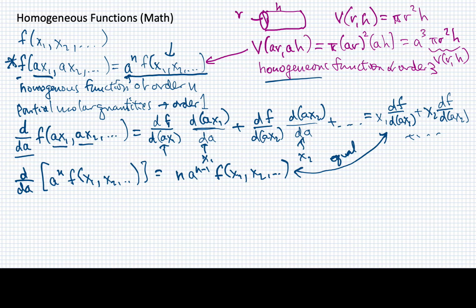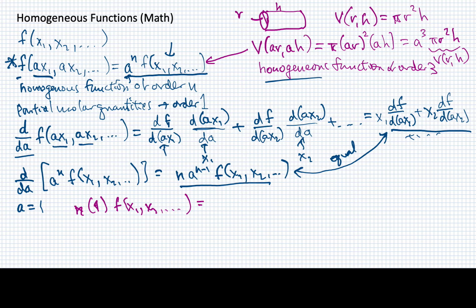All right, let's now take one further step and look at what happens when we choose a scaling parameter of a equal to 1. So in other words, we didn't scale those things at all, but this relationship still has to be true, that these two things are equal to each other. So in this case, what I would have, and I'll put this in a different color just so we can highlight it a little bit, we would have n times a to the n minus 1, but that's just 1. So I'll put that in parentheses to indicate that we've accounted for it, times the function,